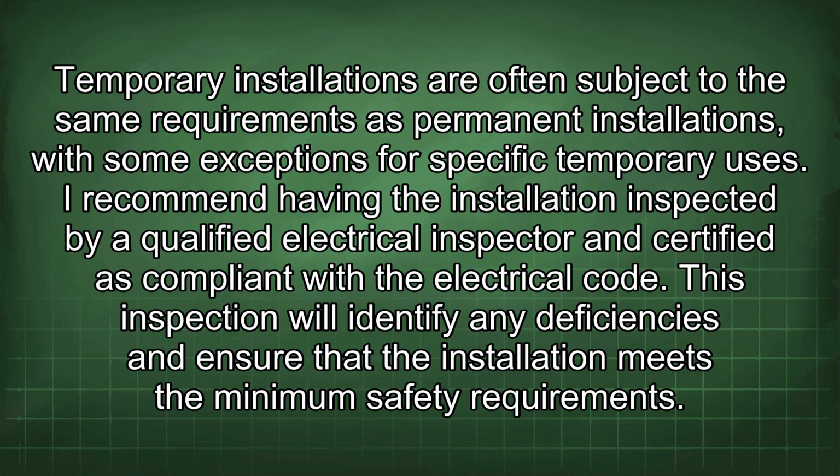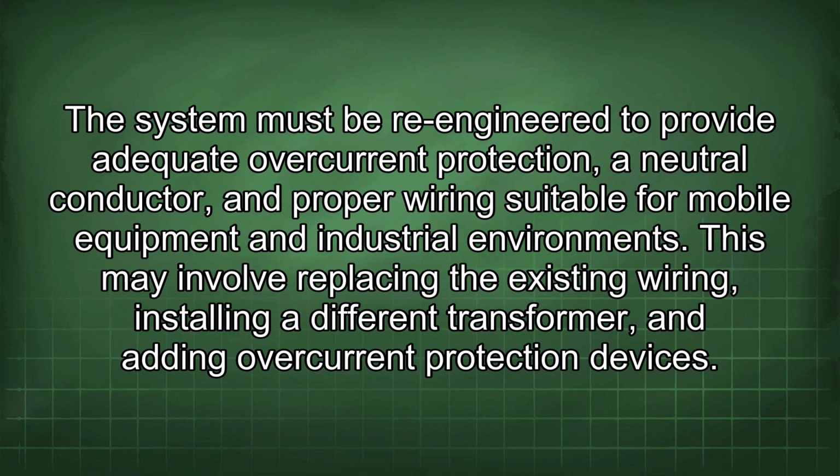I recommend having the installation inspected by a qualified electrical inspector and certified as compliant with the electrical code. This inspection will identify any deficiencies and ensure that the installation meets the minimum safety requirements. The system must be re-engineered to provide adequate overcurrent protection, a neutral conductor, and proper wiring suitable for mobile equipment